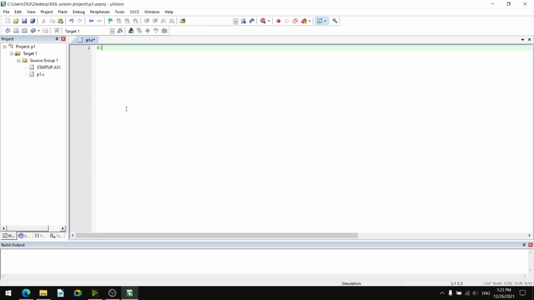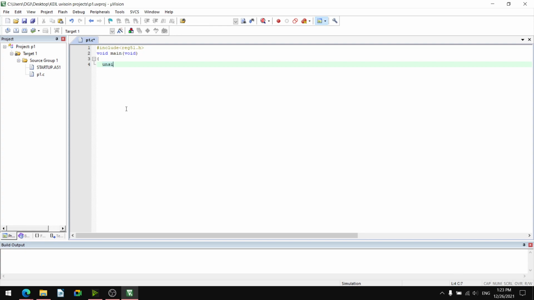#include <reg51.h>, including the header file. Then void main(void), then the opening curly bracket of void main.